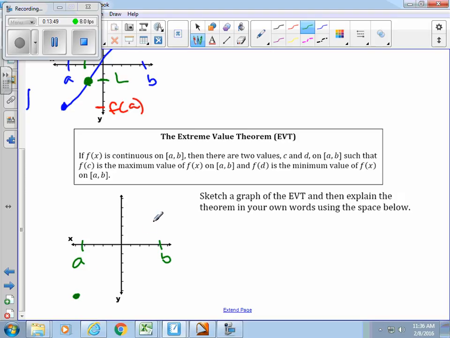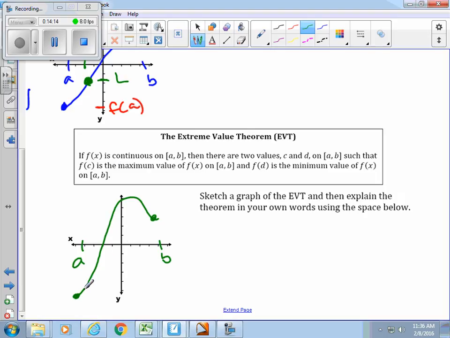Continuous. It doesn't have to be... I'm going to draw this one different just for fun. Oh, I don't like that. Could I put an asymptote in there? Yes. No. Why not? You can go through. Right? It's continuous, right? It's got to get there. Now, there's a lot of different ways it can get there, but it's got to get there without picking up